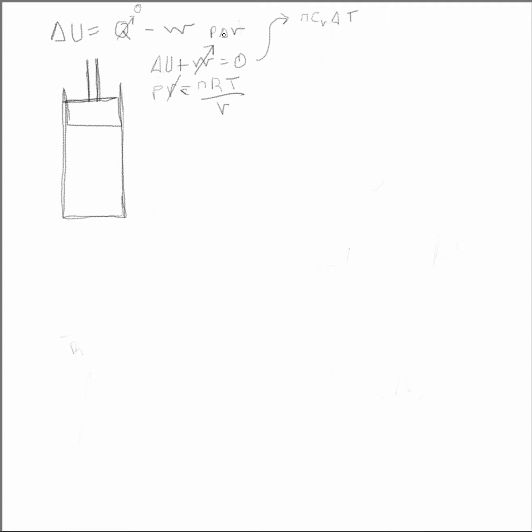And instead of writing P dV for work, we're going to write nRT over V dV. That is equal to work. First thing you'll notice, this should be an n. n is the common factor, so we can cancel it out. Divide both sides by RT, and we have the new equation, C sub V over R